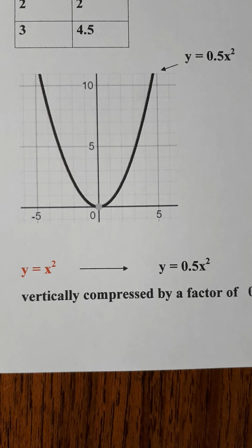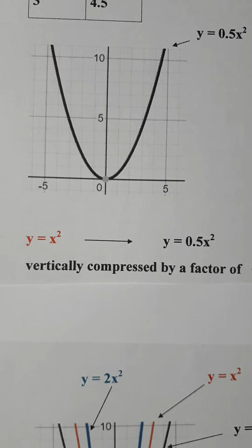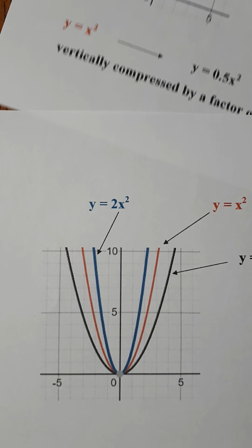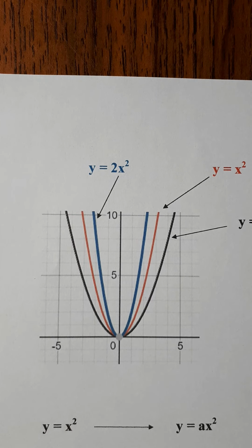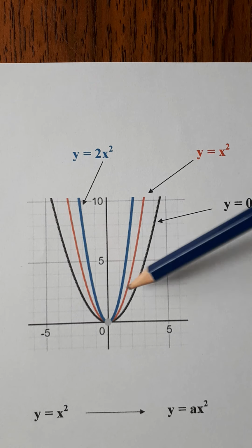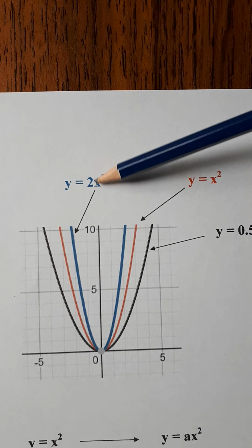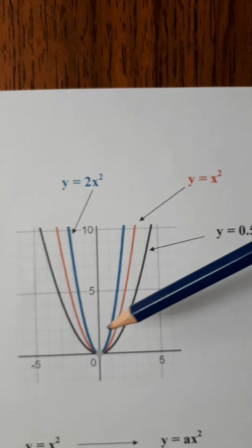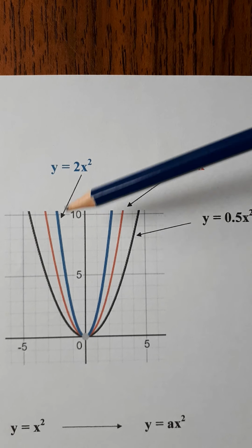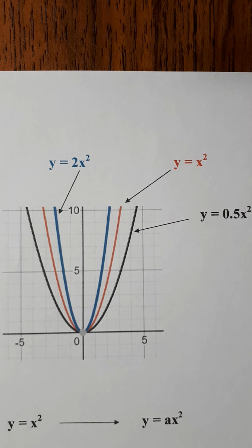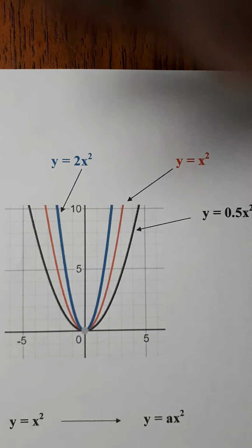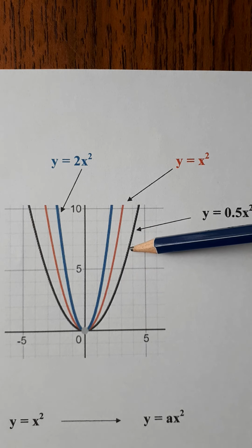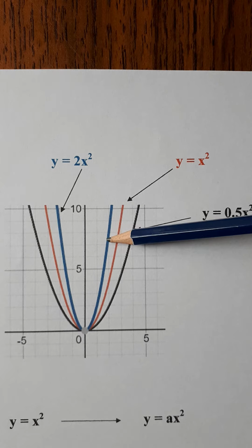Now I'm going to show you all three graphs in one picture. You can see all three curves on one graph. What do you notice? This is our original graph in red color. y equals 2x squared, the graph vertically stretched by a factor of 2. Or the black color graph vertically compressed by a factor of 0.5. Compressed means it's like someone has pushed the graph towards the x-axis. So it is thicker than the original graph. This is thinner than the original graph.